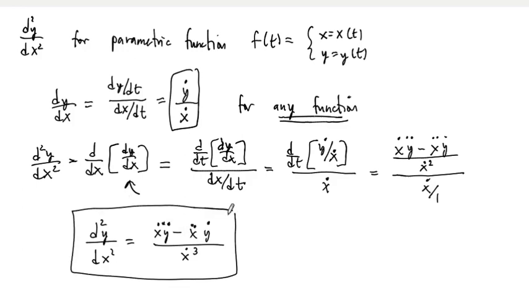And so this is a formula. You can just go straight to this if you want for a second derivative of a parametrized function, a parametric function. And of course, second derivative tells us something about the curvature of the function or the concavity of the function. If we think of it as a usual function in terms of y